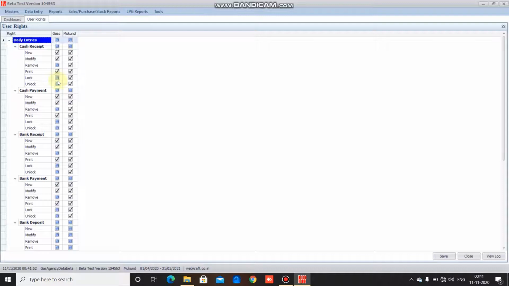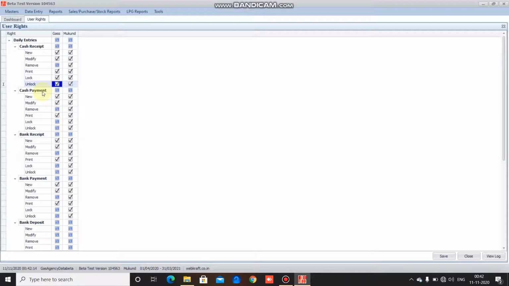Now the facility to lock and unlock the entry is available only for admin user like Mukund. Even if we give this lock and unlock facility to non-admin user like Gas, it will not be available to them.